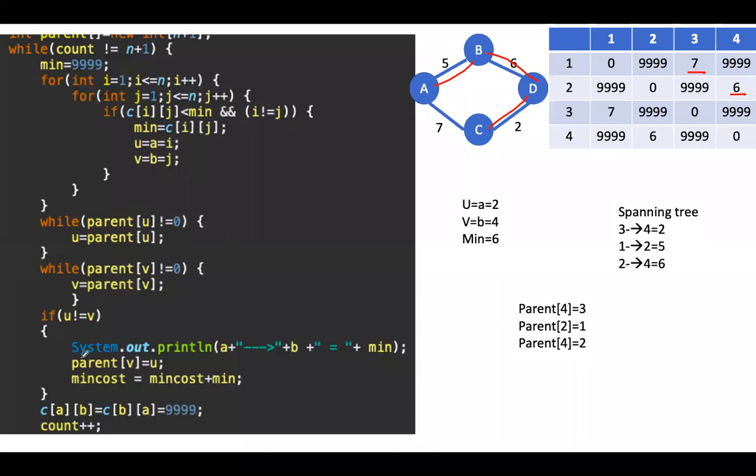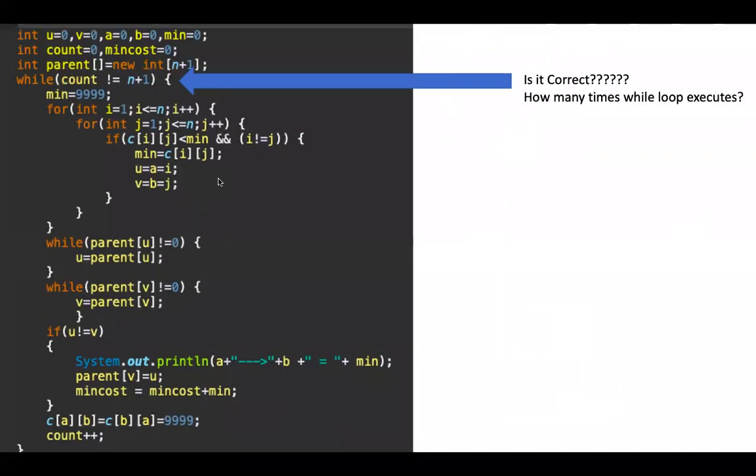Then why has the program not terminated? Any answers? See, if you execute it one more time, what will happen? Is it correct or not? This while condition, whatever we have given. Obviously, you are getting the output properly. For that graph itself, in the same program, we got the output correctly. Whatever output we were expecting, we got that output itself.